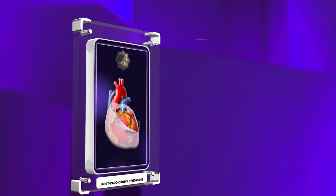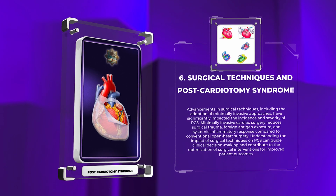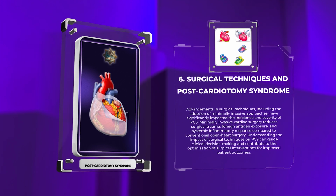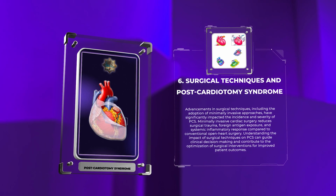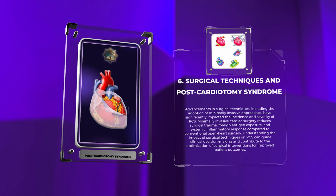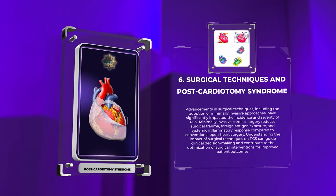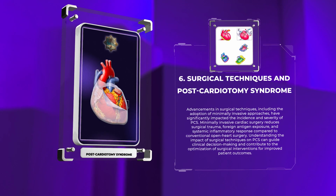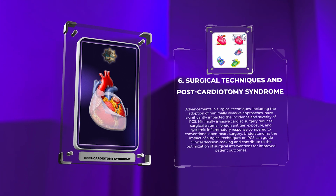Advancements in surgical techniques, including the adoption of minimally invasive approaches, have significantly impacted the incidence and severity of PCIS. Minimally invasive cardiac surgery reduces surgical trauma, foreign antigen exposure, and systemic inflammatory response compared to conventional open heart surgery. Understanding the impact of surgical techniques on PCIS can guide clinical decision-making and contribute to the optimization of surgical interventions